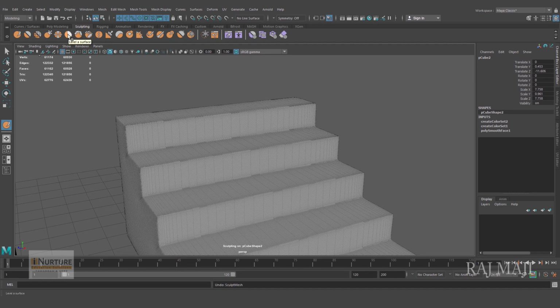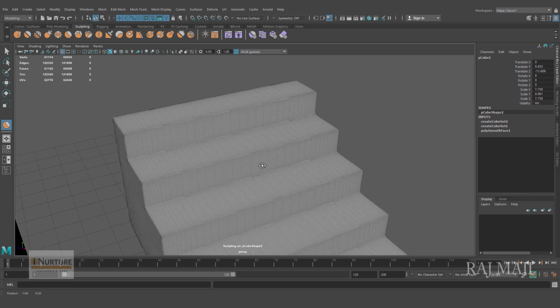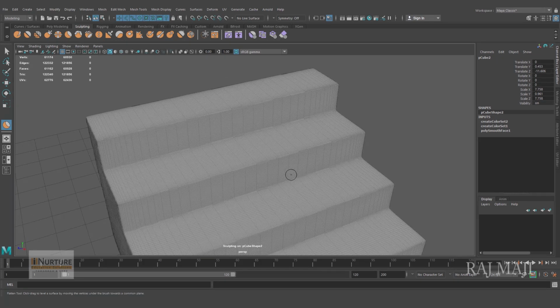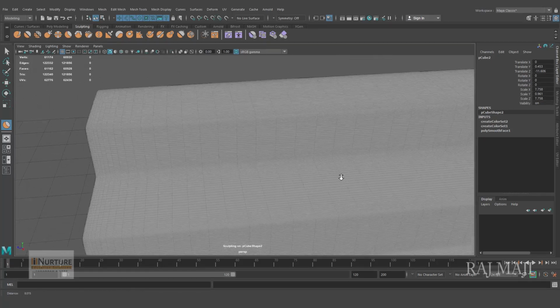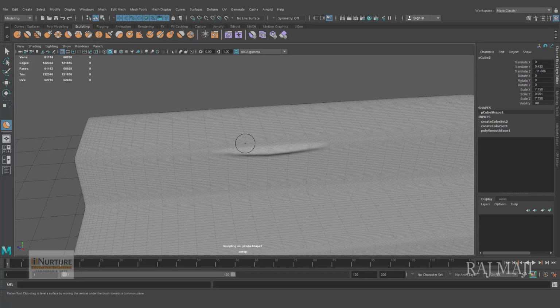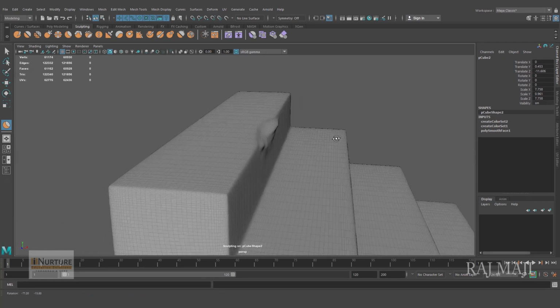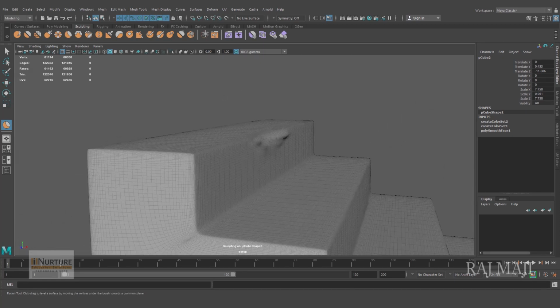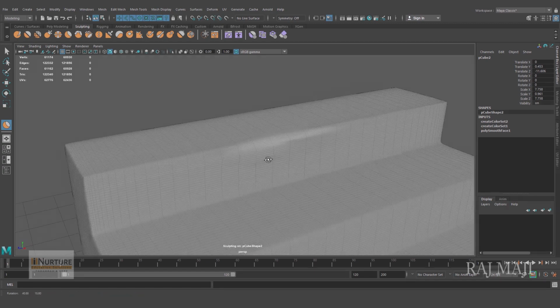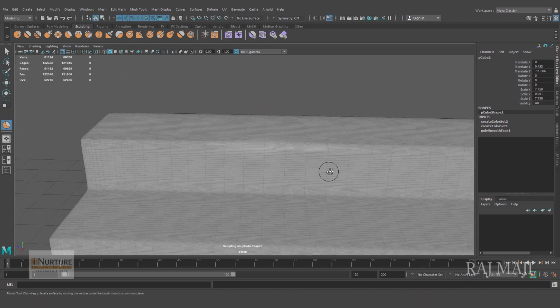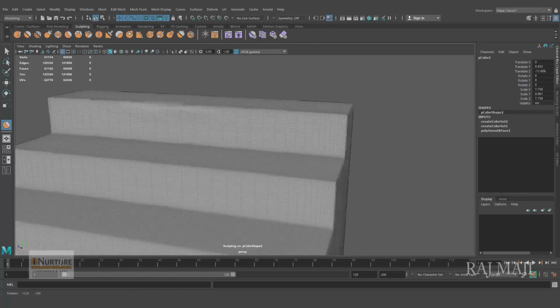So I'm going to this Flatten surface. In different software it is also called the flatten brush. So let's check what it can do. So you can see what it is doing. Can you see? It is giving some deformation. All right.